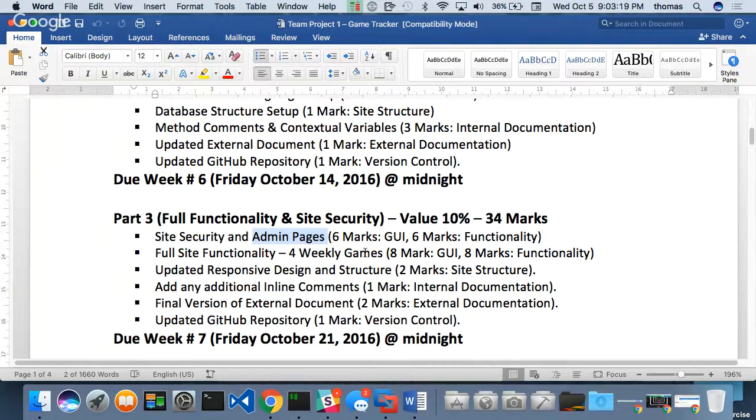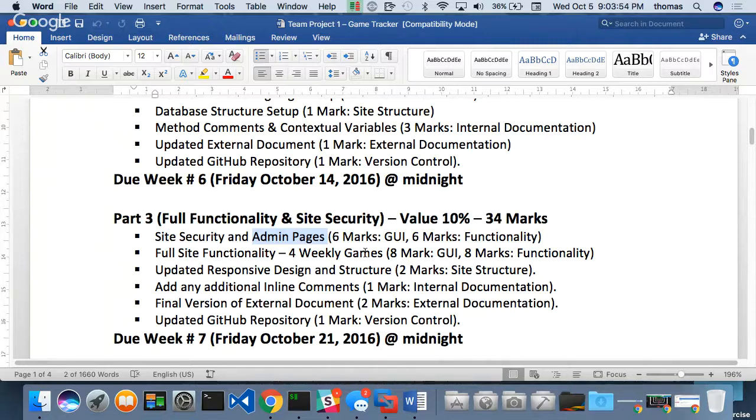Typically, what I like to do is give anywhere between 2 and 4 bonus marks based on a feature that you've added in, right? So let's say, for example, like I said, up on Azure, 4 points. Using a database, 4 points. But let's say you have other things, like your site really looks beautiful and you've done some really cool responsive design techniques, 4 points, right? I might give you 4 bonus points for making it look so nice. And did all your wireframes for mobile, and it works perfectly on mobile devices. I'm gonna give you 4 points for mobile. There's lots of little opportunities for you to do these things.